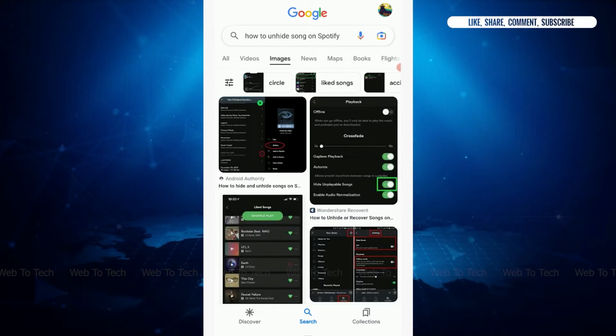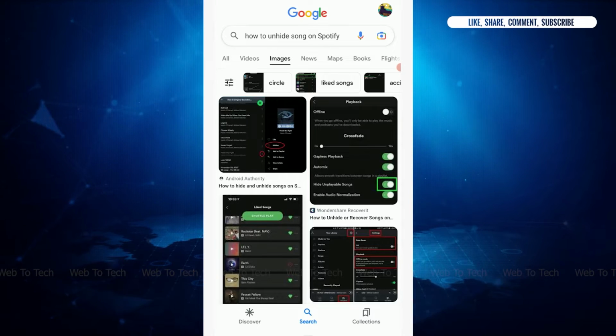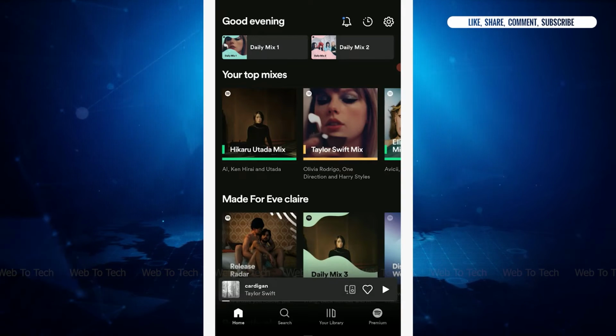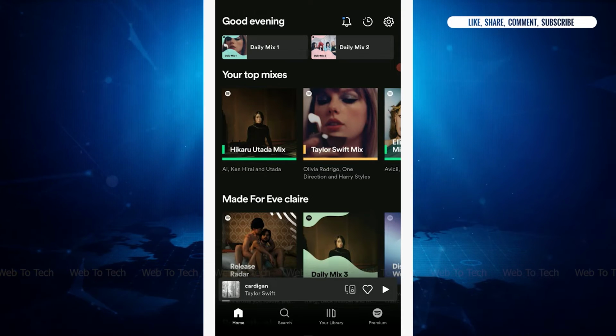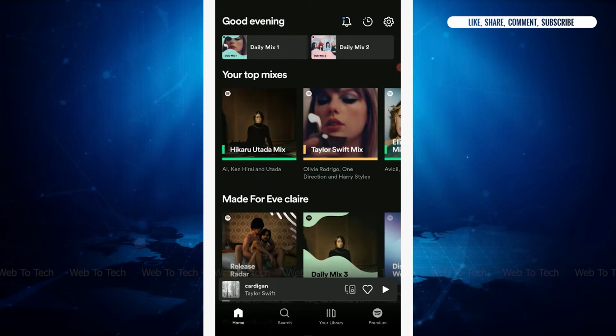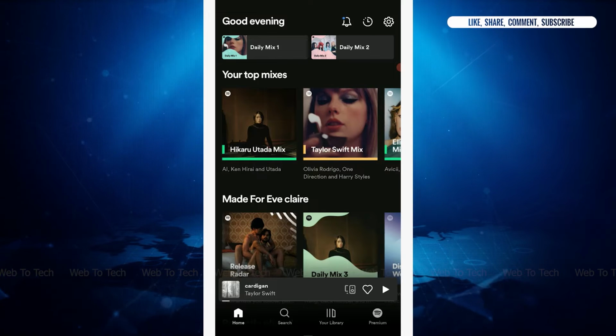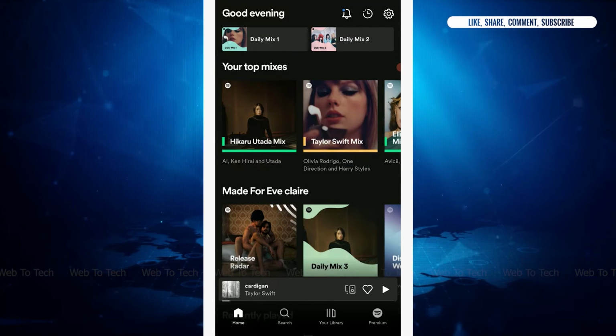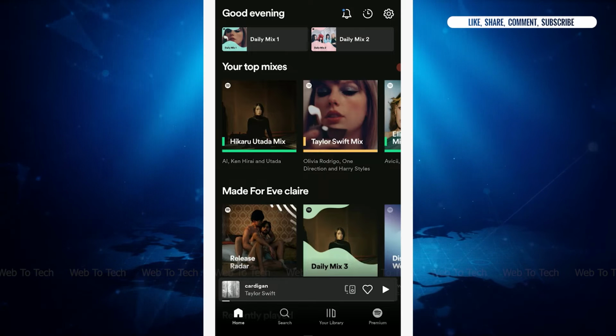So first thing is open the Spotify application of yours and then get logged in into the account of yours. Now that you have been logged in into the Spotify account, what you need to do is go to the playlist or an album with the song that you want to unhide. So you need to open a playlist or an album that has the song